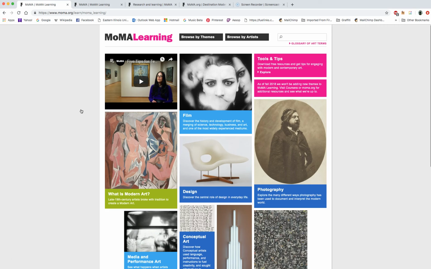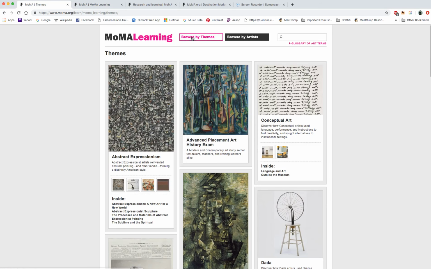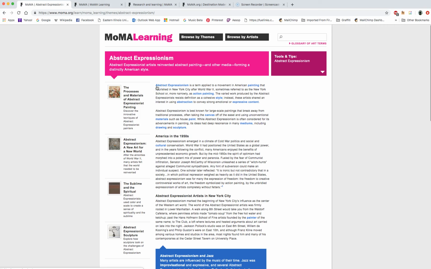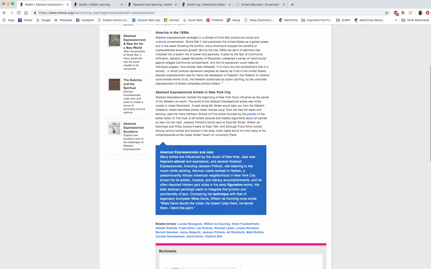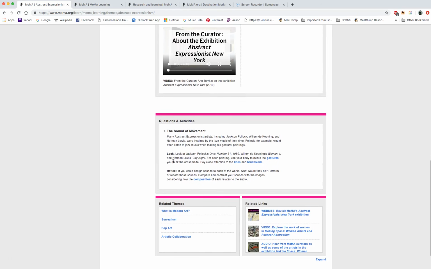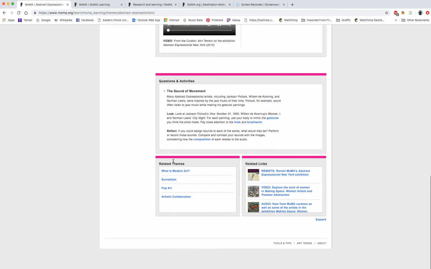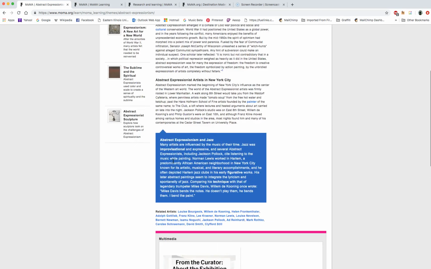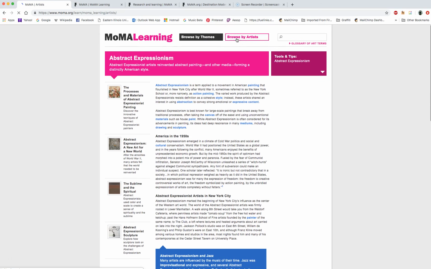This site contains a lot of information and different avenues to get to that same information. However, at the top you can browse or search by theme or specific artist. When I click on a theme, I can read a description of the history of that theme, which highlights important vocabulary words linked to the glossary. These are found in blue. At the very bottom of the page, there are follow-up questions and activities, as well as related themes and multimedia links. If I click Browse Artist,